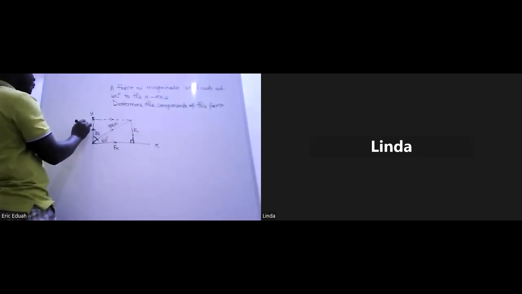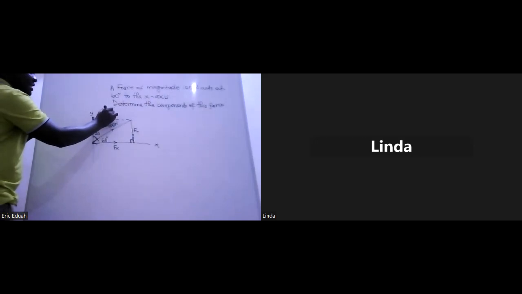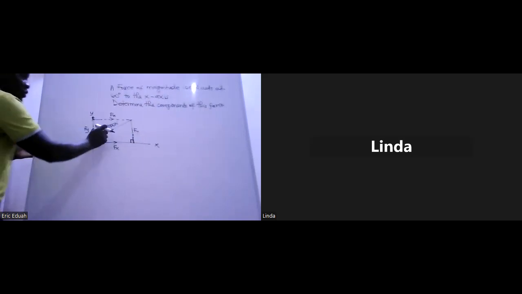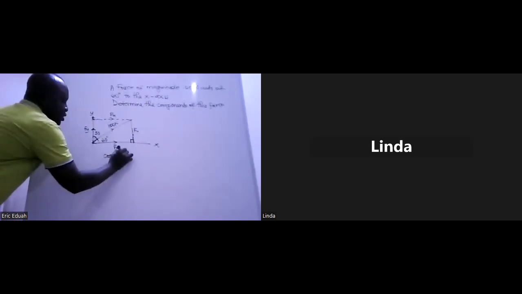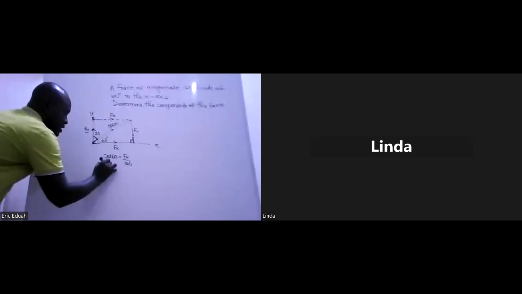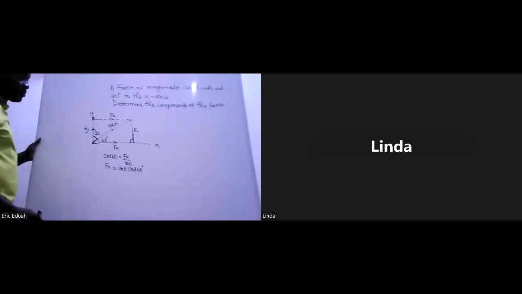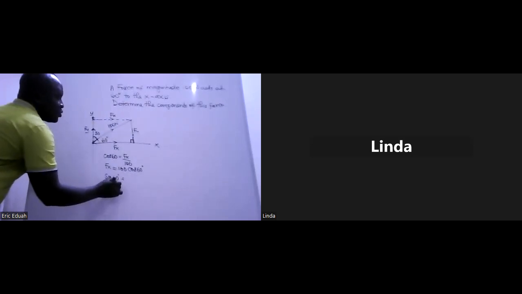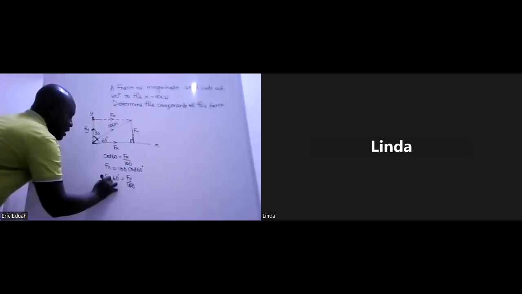So this is Fy because it's along the y-axis, and Fx because it's along the x-axis. So using this, cos 60 is equal to Fx on 100. Fx is equal to 100 cos 60. Sin 60 is equal to opposite Fy on 100. Fy is equal